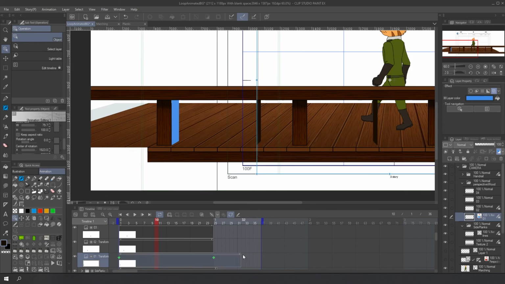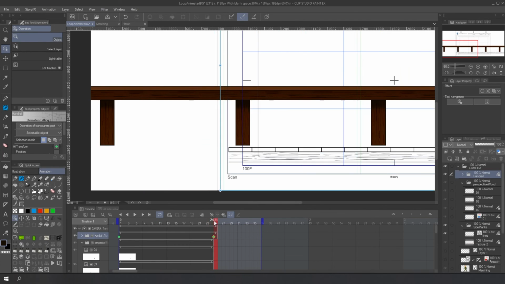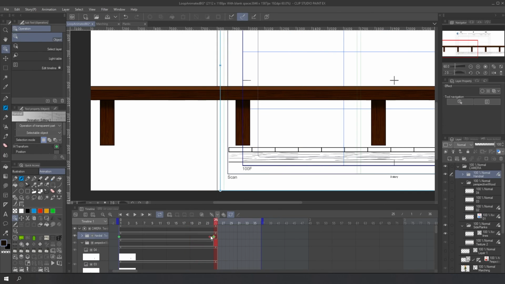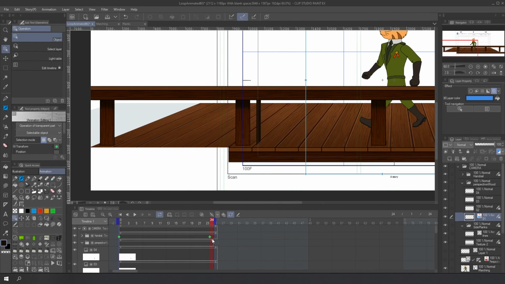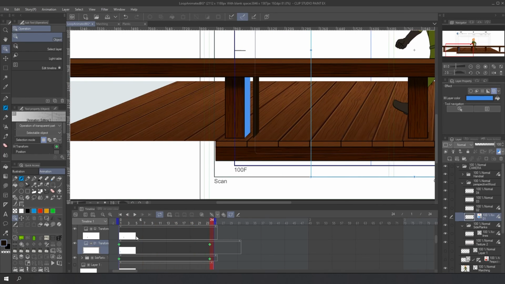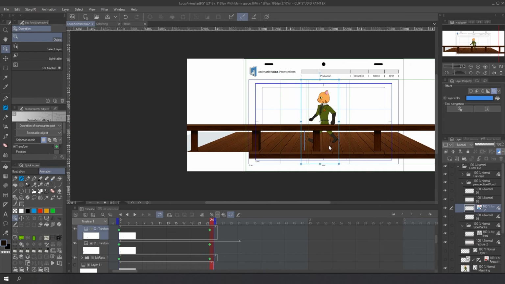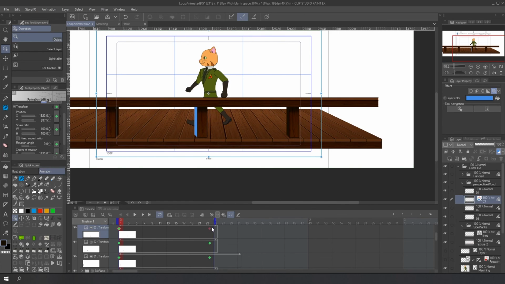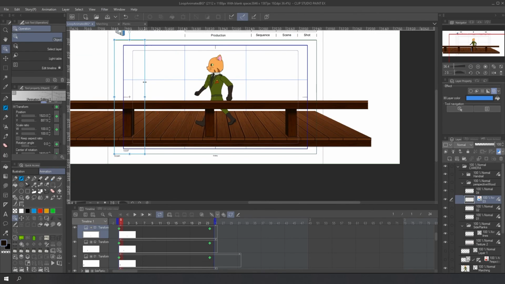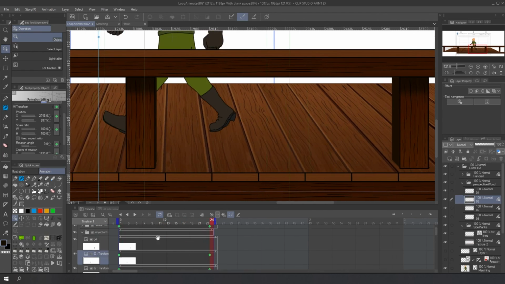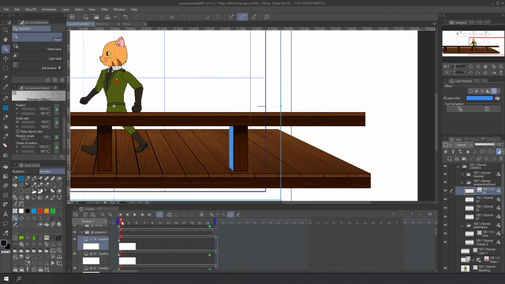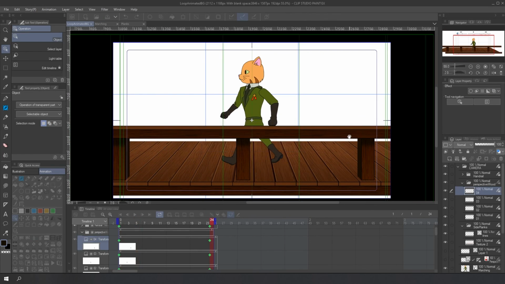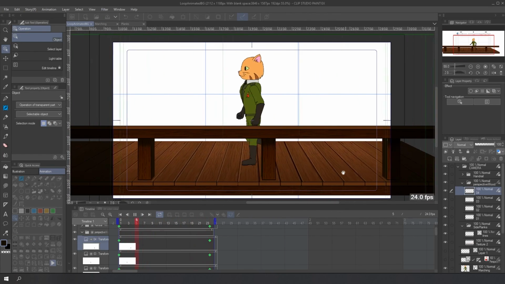I made a mistake in the handrail timing. So to correct this, I changed the keys from 25 to 24, so it matched the width in frame 24. And match the position and width of the third and fourth post. That's all, let's play it.